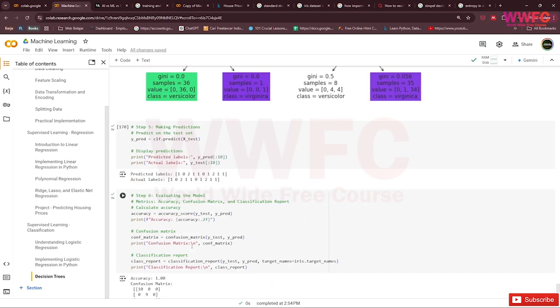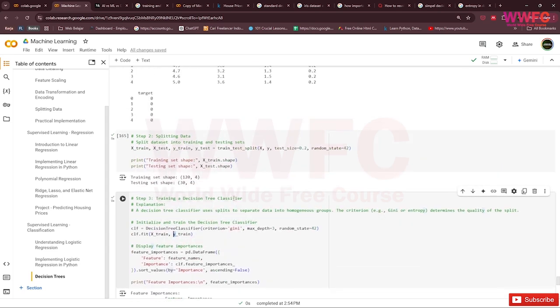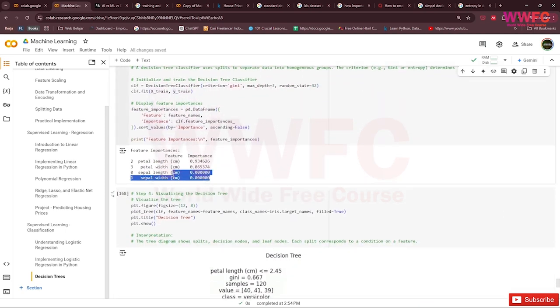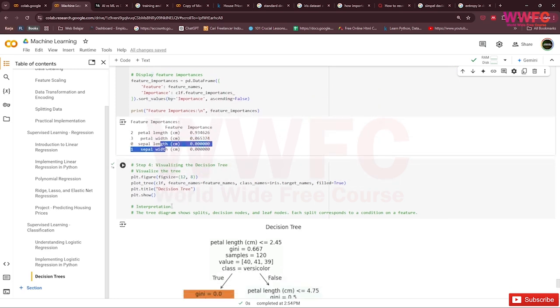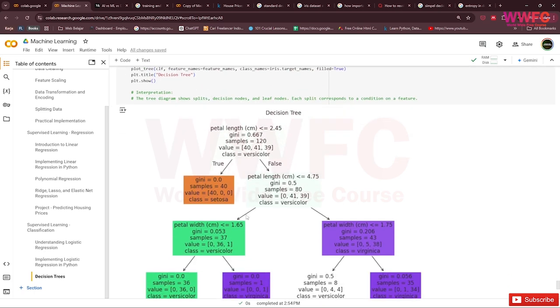We already learned about feature importance. This is the importance of the variables relative to the features and the target. Also, if we delete this one, it's okay, because the importance lies more in this variable than in these two variables. We also visualized the decision tree. A decision tree is like: if this, then this; if not, then this; if not, then this, something like that.